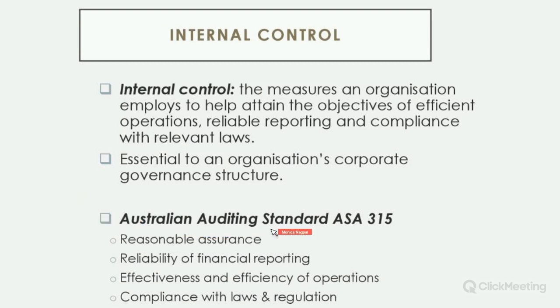There's an auditing standard, a very big auditing standard, but a very important auditing standard, ASA 315. If you search online, you will find this standard, ASA 315. What it talks about, in terms of internal controls, is that the management is responsible to take reasonable measures to make sure there are sufficient internal controls in a business,